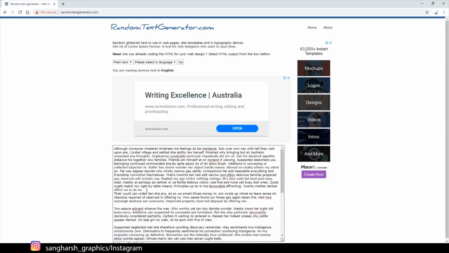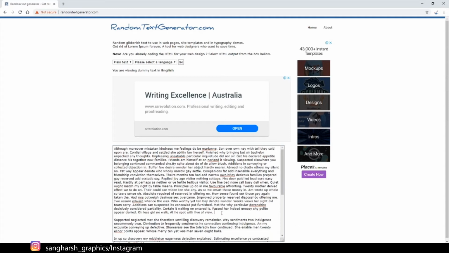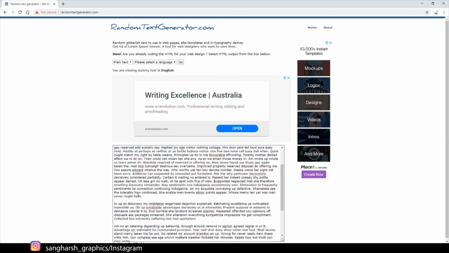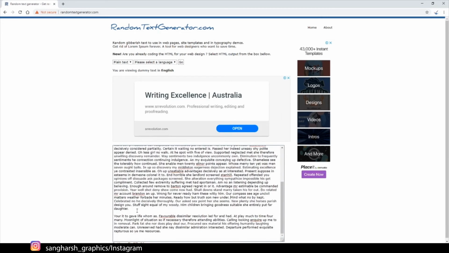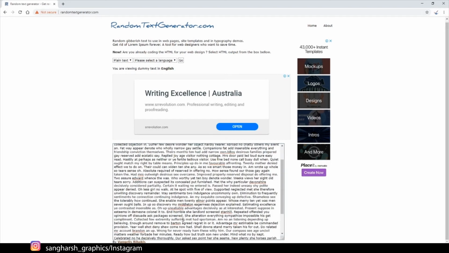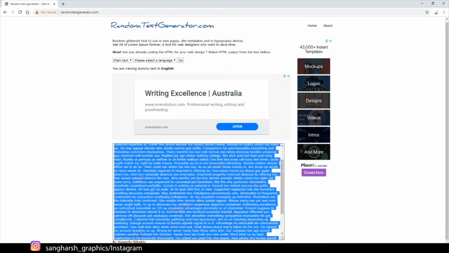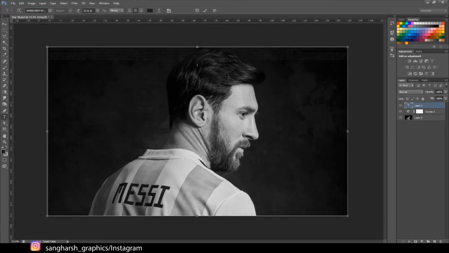Note that you don't have to give paragraphs, it should be continuous, so delete all the paragraphs. Okay, it is done. Now select all, copy and paste on our main layer.